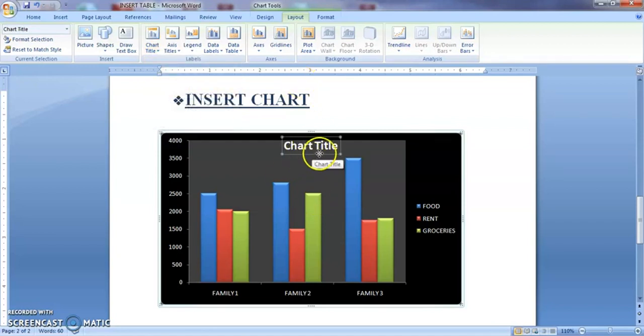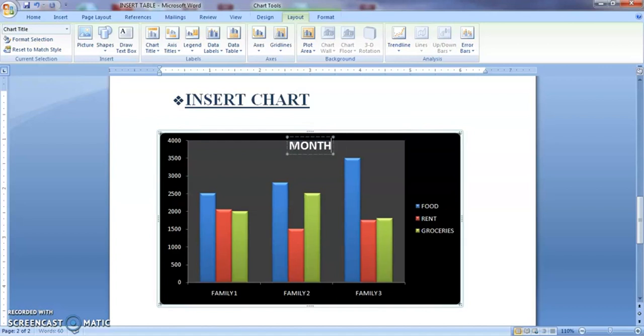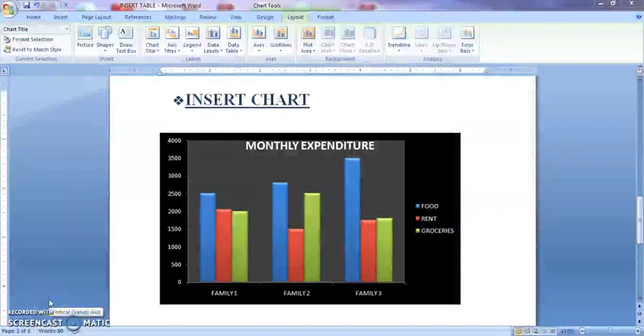This is how the title looks. Within the chart area itself, we will get the chart title. If I am making it as monthly expenditure, you can do this. There are 2 different areas in the chart. Wherever we find our values, the horizontal axis title, the legend, all this you call the chart area. And the area where you can find the columns alone, or whatever shape you are going to insert, that area you call the plot area.